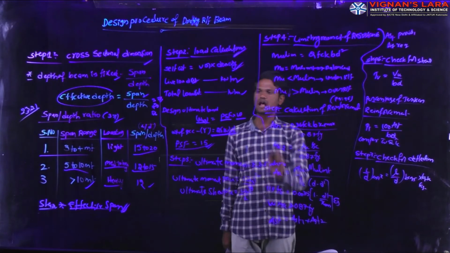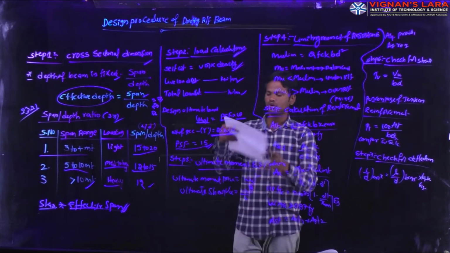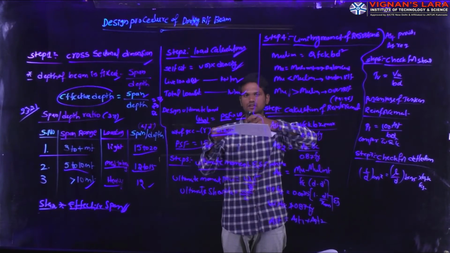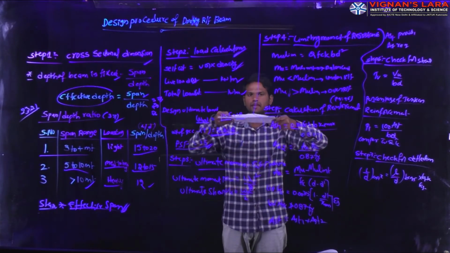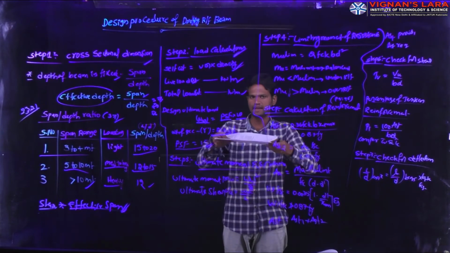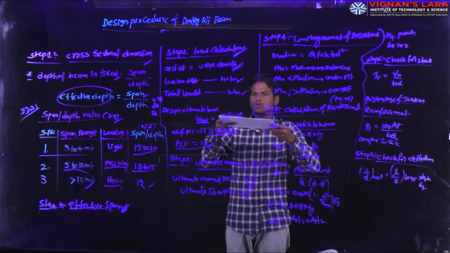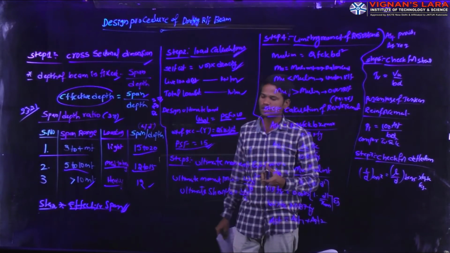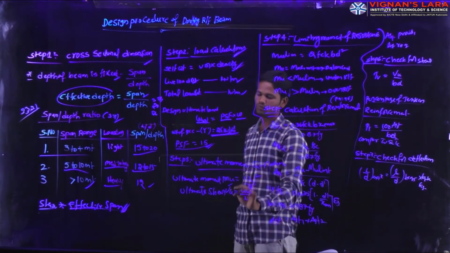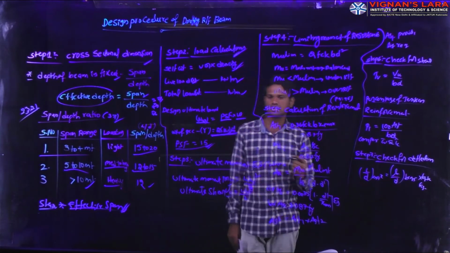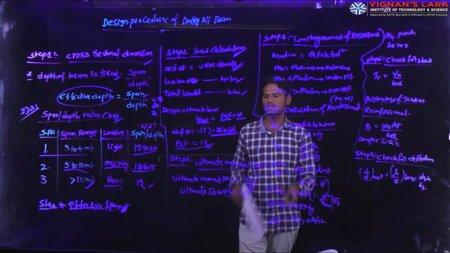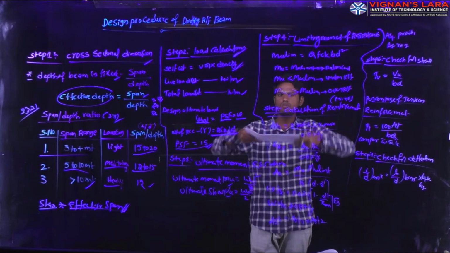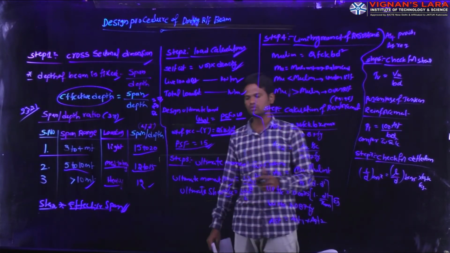Next, after calculation of this loading condition, due to loads acting on the beam cross section dimension of the beam, it may deflect or bend. How much load acting on the beam is bending it, that moment we have to calculate. That is nothing but ultimate moment, ultimate shear. Shear is nothing but cutting of the member. Moment is nothing but force into perpendicular distance. Due to application of the force, how much bend is acting on the member, that we have to calculate.